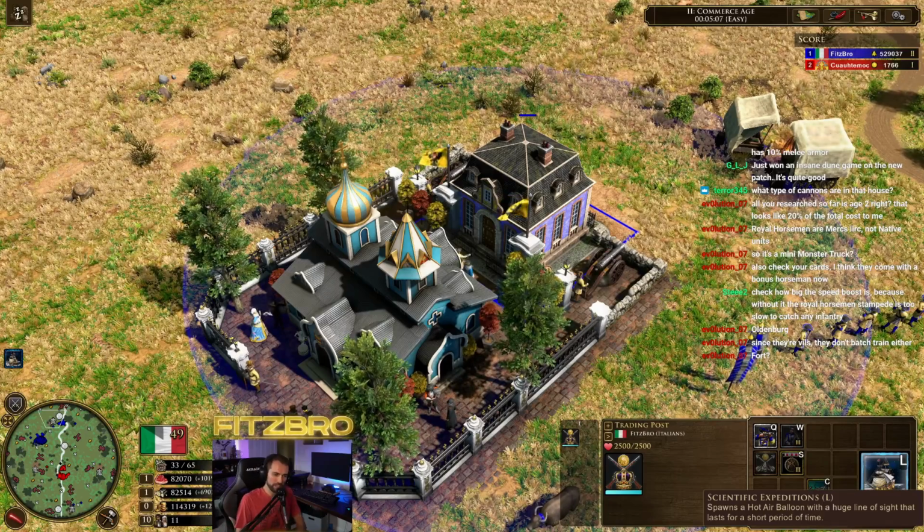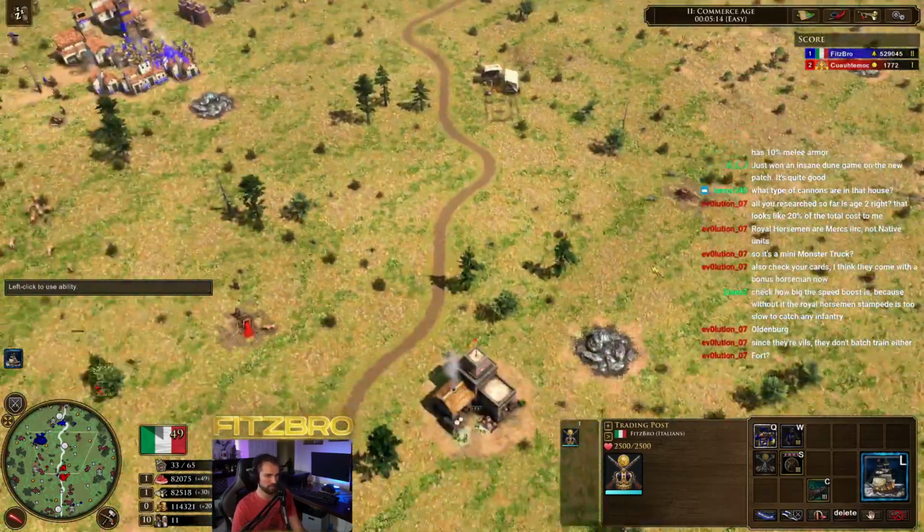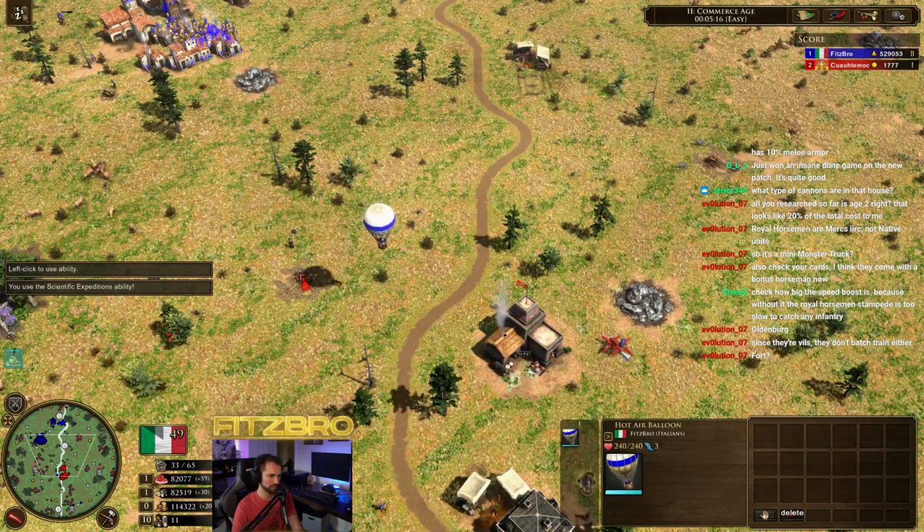There's our big button ability. The Scientific Expedition spawns a hot air balloon with a huge line of sight that lasts for a short period of time. So we can use this bad boy. I've already revealed the map, but...